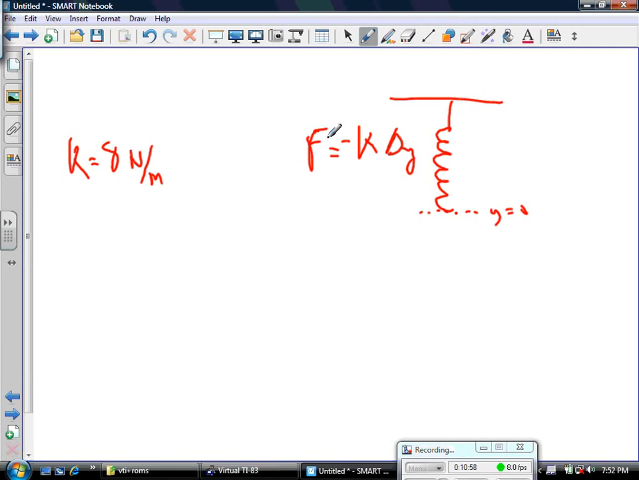What am I trying to calculate? What is the work done in compressing this spring with that spring constant 0.1 meters, let's say? So I'm going to compress it a delta y of 0.1 meters. Now remember, the work done is a force times distance, right? If the force is